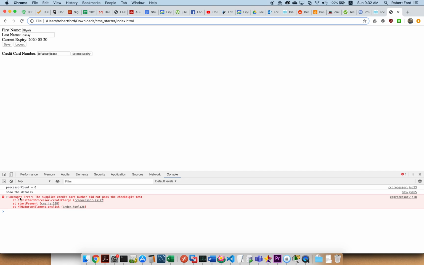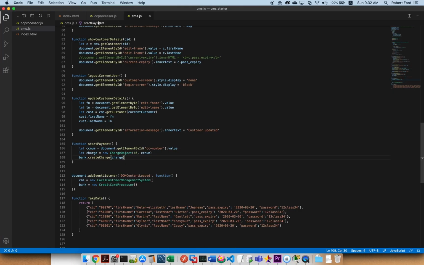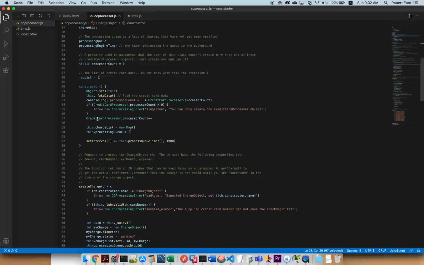And that looks like a very forceful error, by the way. In fact, it says uncaught, and of course, I hope you know what the word uncaught means. It's referring to an exception. So if we take a look at